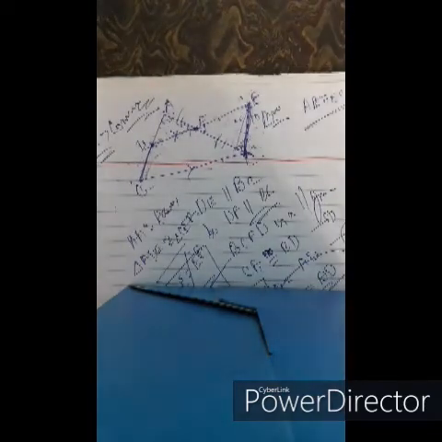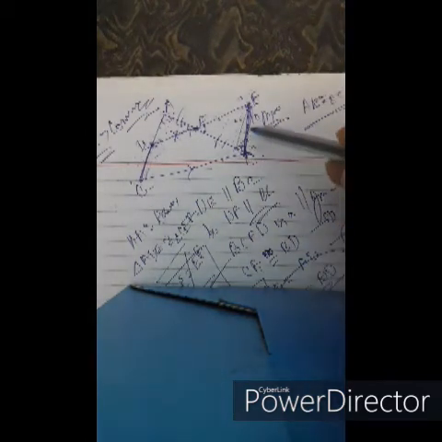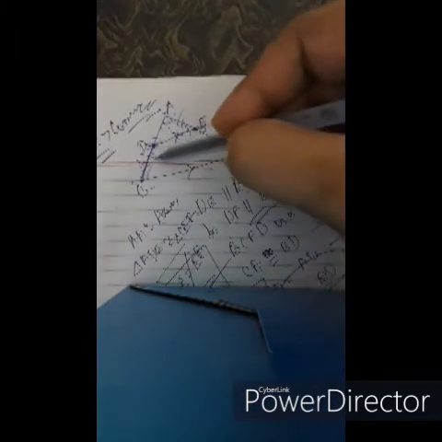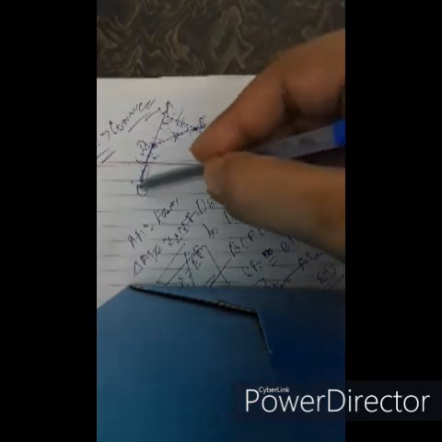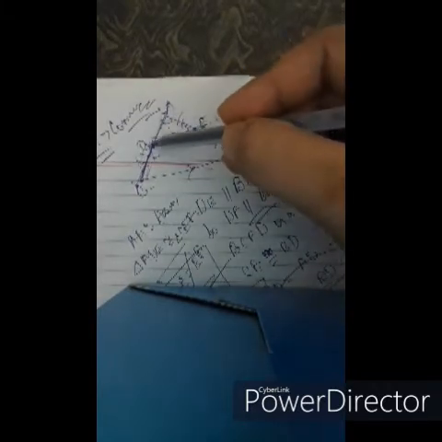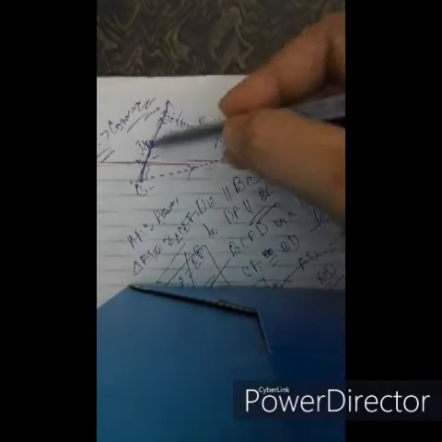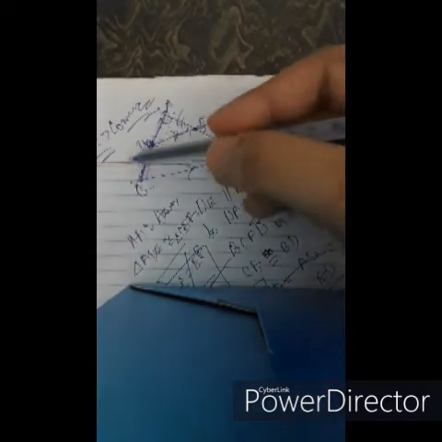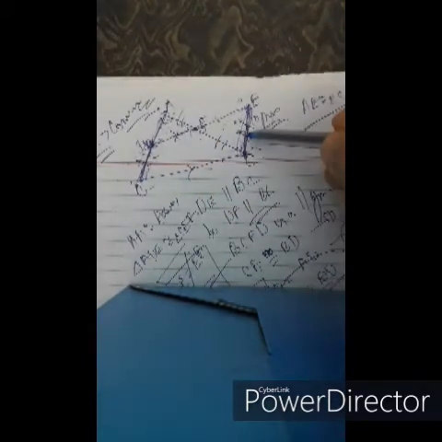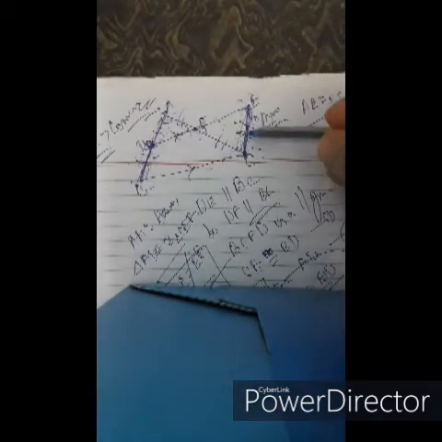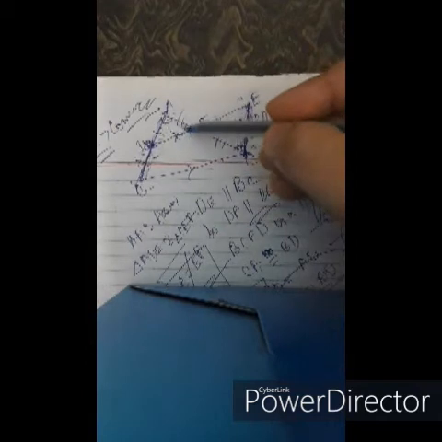After taking BCFD as a parallelogram, we have just taken these two sides to be equal. Also, according to the theorem, these two sides are equal as D is the midpoint of AB. So AD equals DB and also CF equals DB. Therefore, AD equals CF.